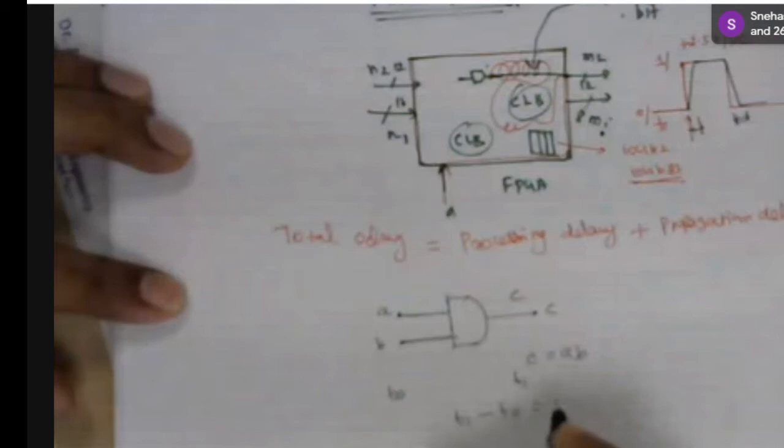So whatever the output is available here is correct. So two things are there. One is you can increase the propagation delay to compensate that time delay, in such a way that the AND gate will get the correct output simultaneously. That is one way. Another way is increasing the propagation delay in between the gates or in between the sections. Some AND gates are there, you increase the delay in that gate. That is one way.